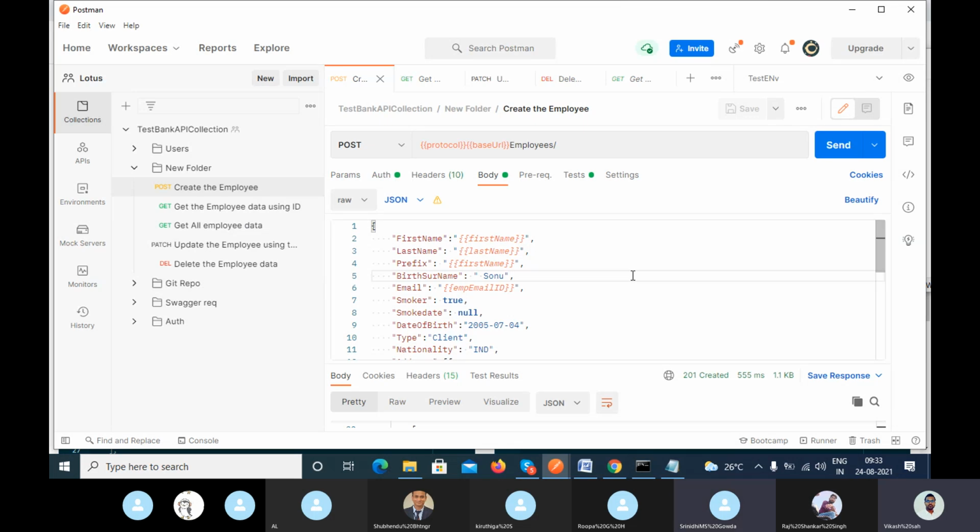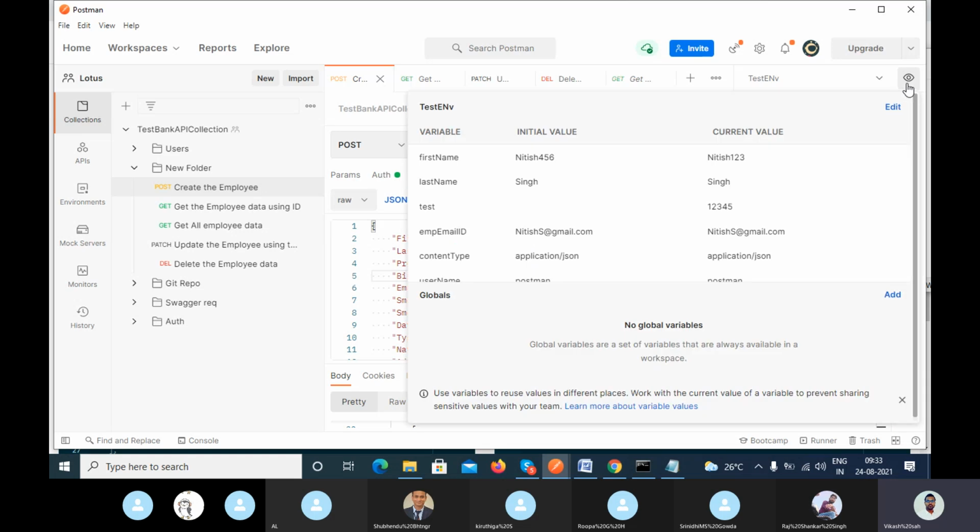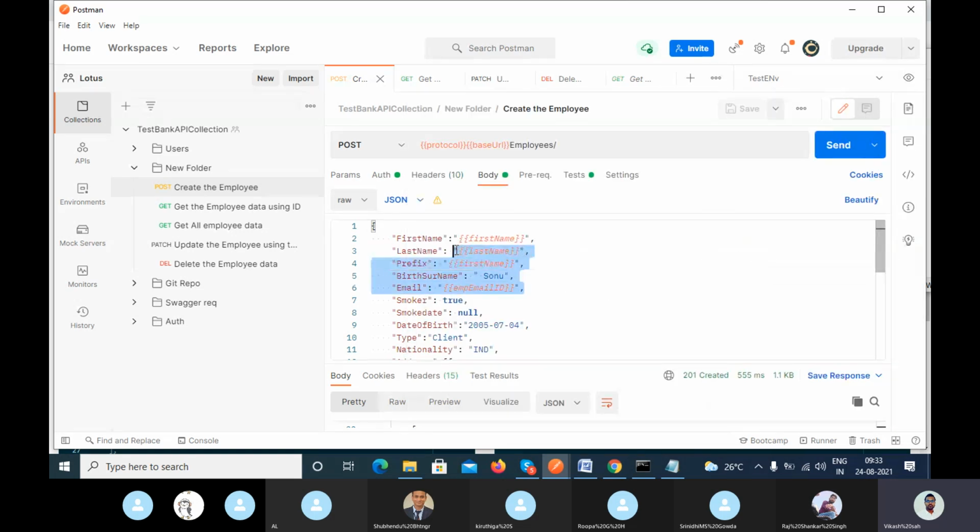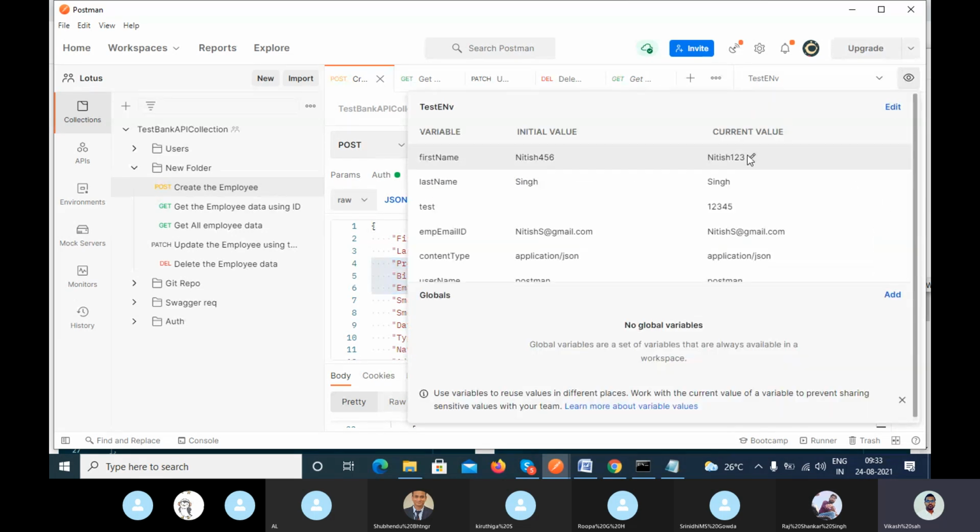It's static. Static value, because here we have used the parameterization, but this is still static data, right? You can see it here. The value is coming from the environment, and in the environment I have used the static value, right? Let's suppose in real time,